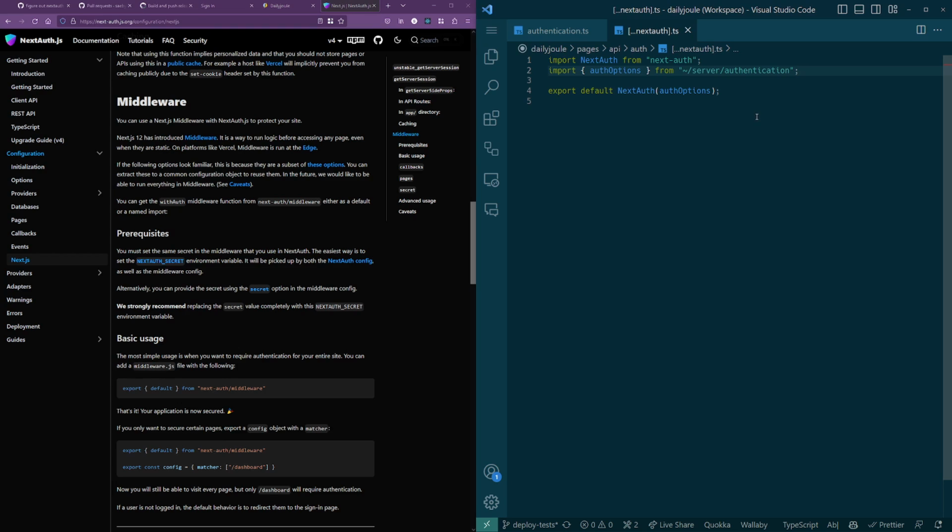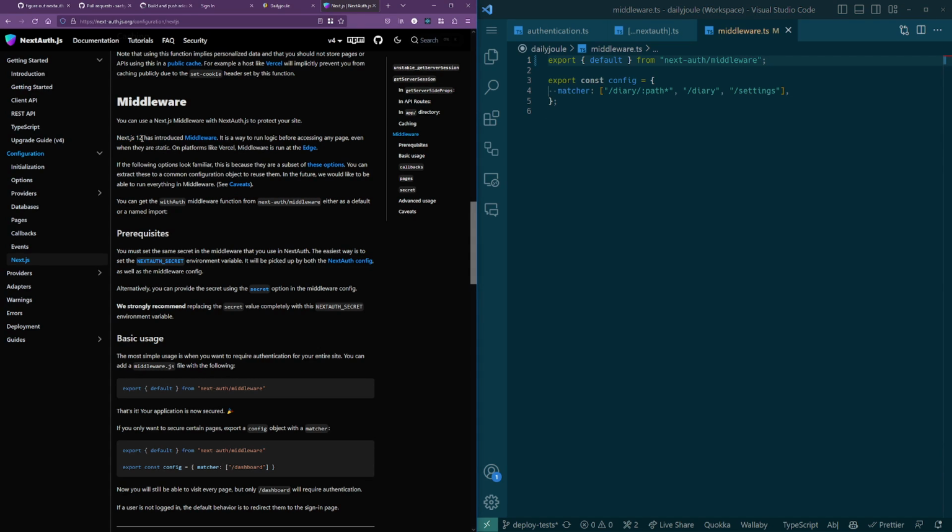Right, so this all works. This is what we're using locally. And then the other thing that also is going on is this middleware piece. This is Next.js middleware, which according to the NextAuth docs was introduced in Next.js 12. It's a way to run logic before accessing any page. So this was something that I found as an example of how to define